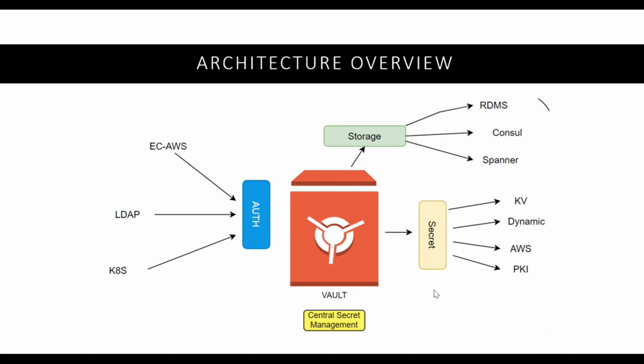In the second part, there is something called secret facility. Under the secret facility, there is KB. KB is generally a secret engine, and basically it's key and value, where you can store your secret in the form of key and value. Okay. Now dynamic secret, which we have already seen, how it is helping us to secure the secret on